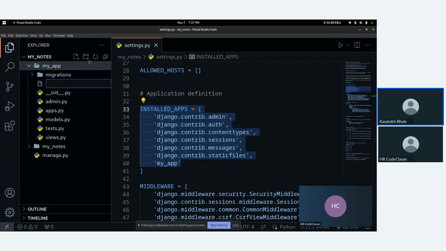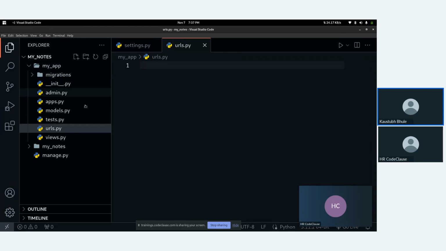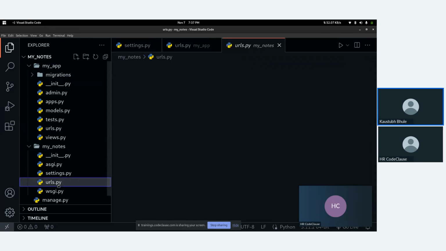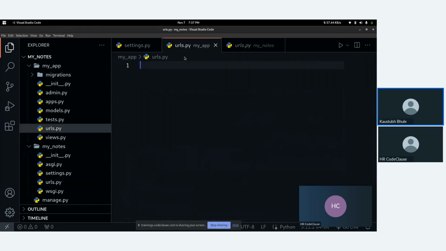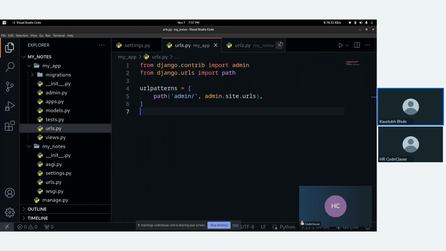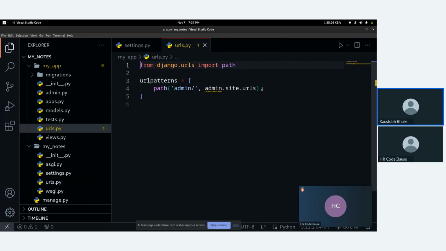So I will create a new file urls.py in my app section, and I will just copy this URL stuff from mynotes here.